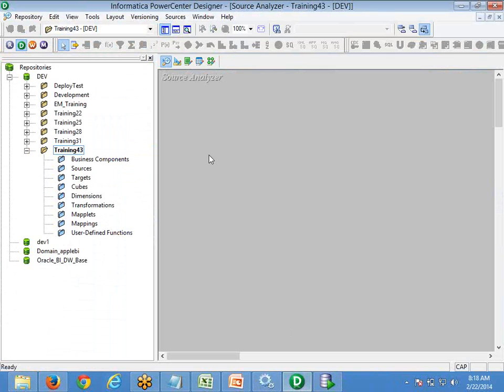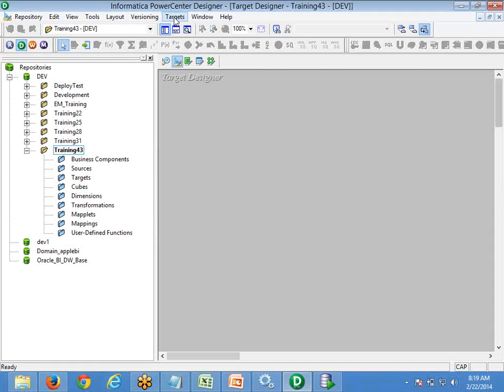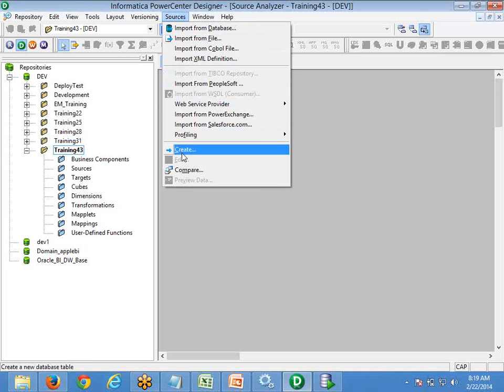Defining your sources in Source Analyzer can be done in two ways. One is the easiest way, one is a bit tougher. First, if I want to create a source here, when you are in Source Analyzer, you will see a menu called Sources. When you click here, you will see different menus. If I go to Target, you will see a different menu that we already noticed. Right now we are in Source. First I am showing you a rough method. It is not accurate. We can do it this way also, but it is not easy.